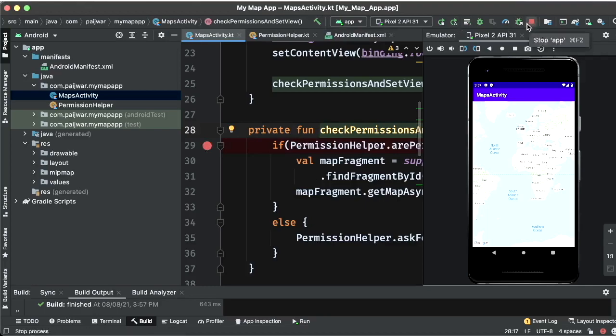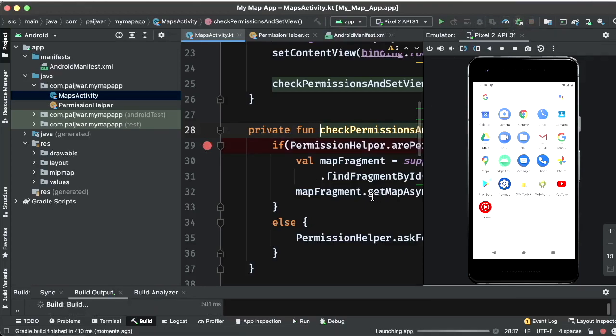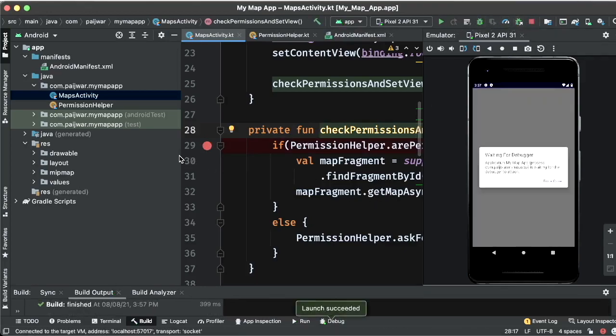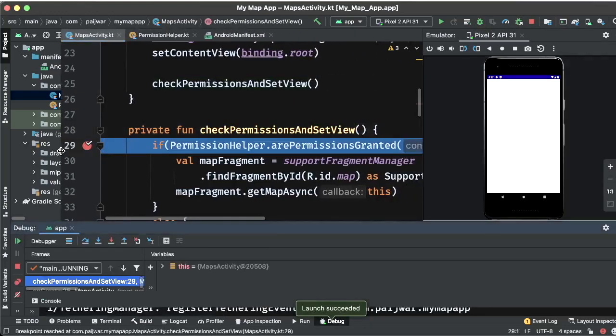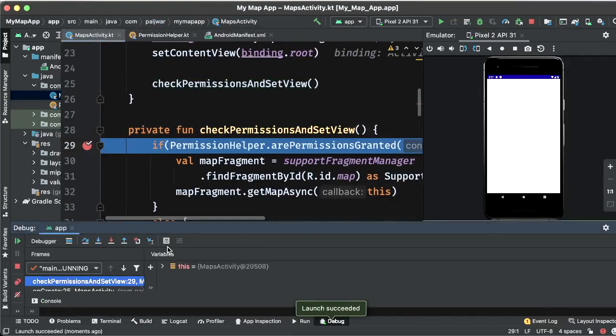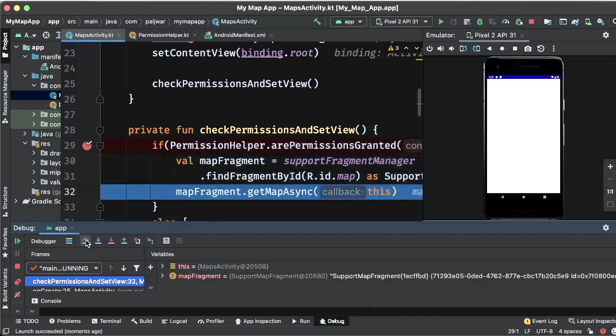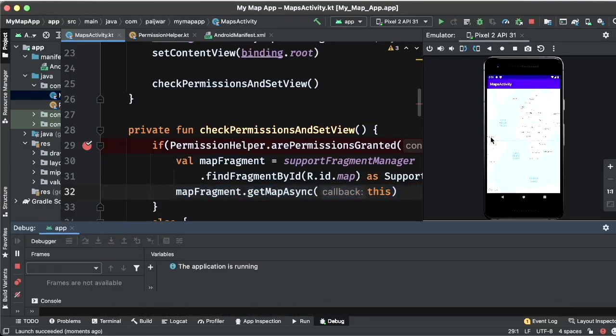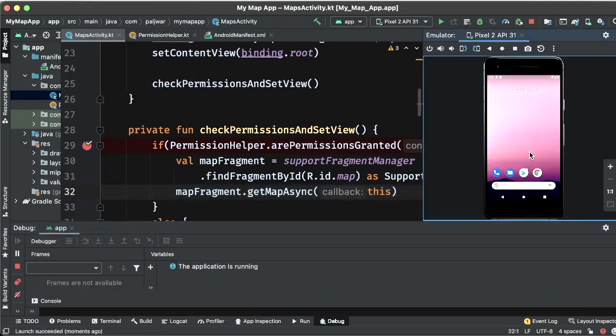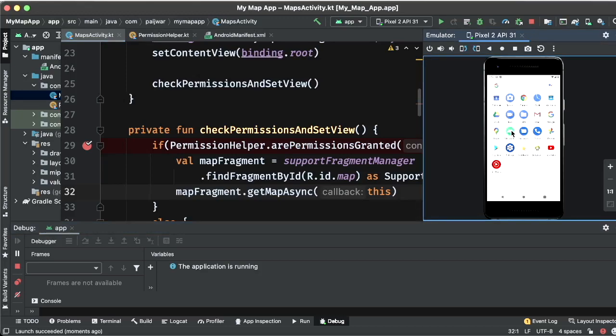So we'll be debugging this so that we know what we are doing. So it checks for it, and then it says we have granted the permission, but I don't see if we have given the permission. I will just check it.